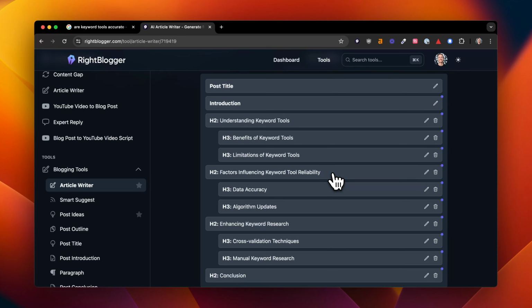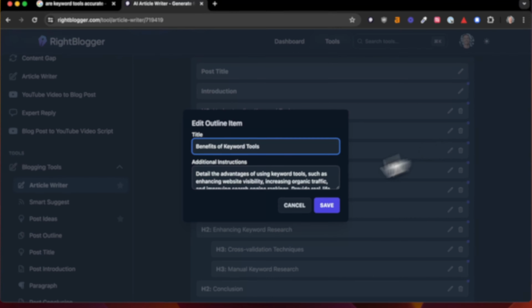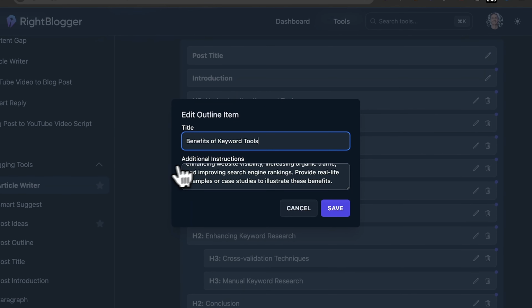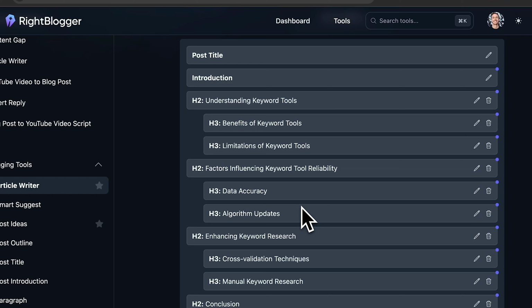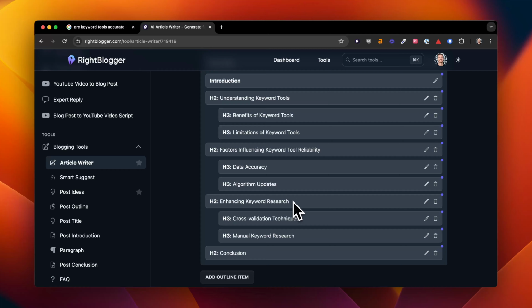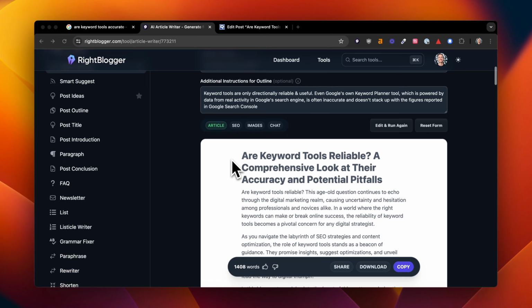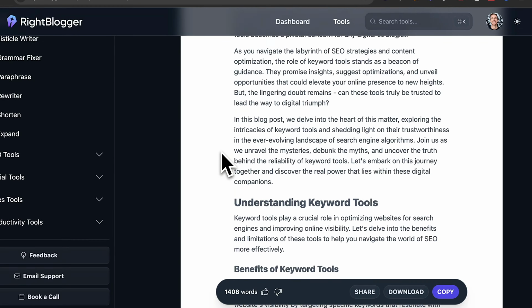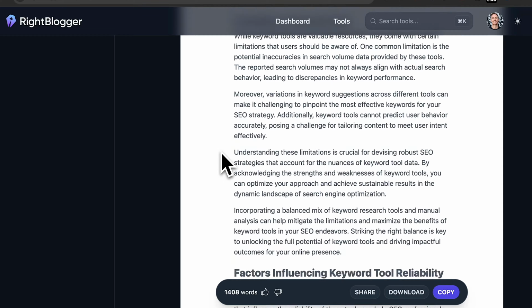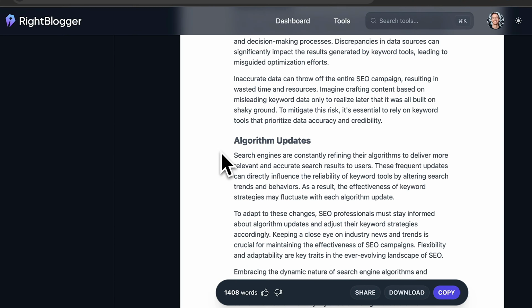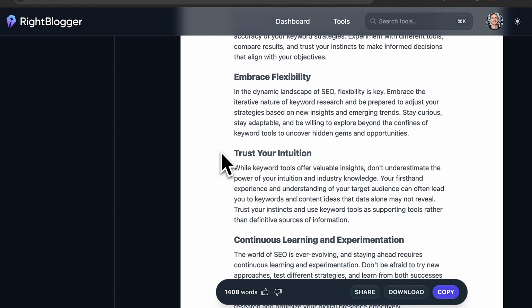And from here, I moved into the outlining process. Once I was in the outlining process, I made some slight tweaks inside each of these sections just to make sure that the additional instructions were going to be exactly how I felt my take was going to be on this subject matter. And then once I dialed in that process, I went over here and I generated the article. And in less than a minute here, you can see that I generated a first draft article that was 1,400 words in length. Now, this isn't exactly what I would copy and paste and publish into my blog post, but this gave me the core foundation for how I knew I wanted to approach this subject.